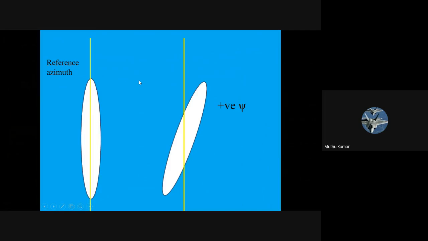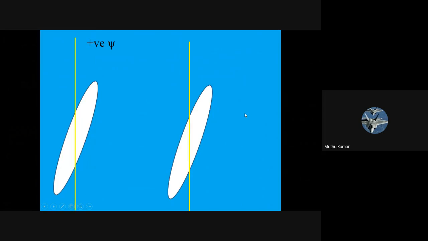So look at this. This is a yaw situation. There is a reference, and if the aircraft moves towards the right, I am going to call that a positive yawing moment. Yawing is represented by psi. All right, this is a positive psi, and if the relative wind comes from the right and exactly over the nose,